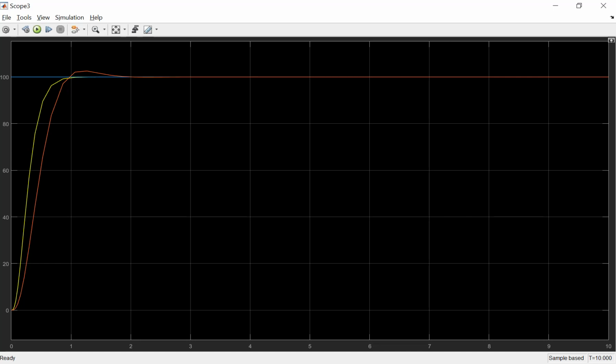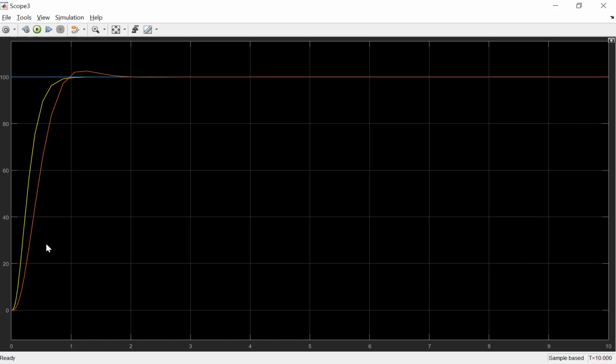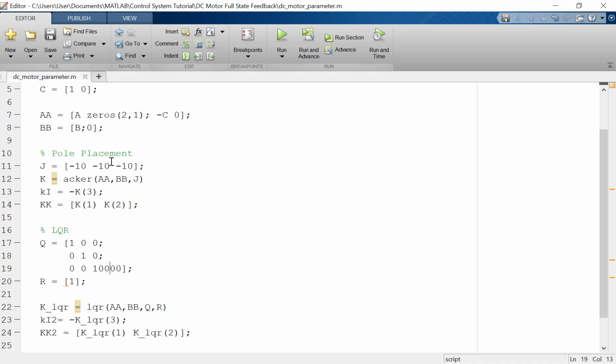So we can change the parameter. If the parameter is bigger for the LQR, it will give a faster response for the rise time and also the settling time. Or we can use a more negative value for the pole placement to get a faster response.